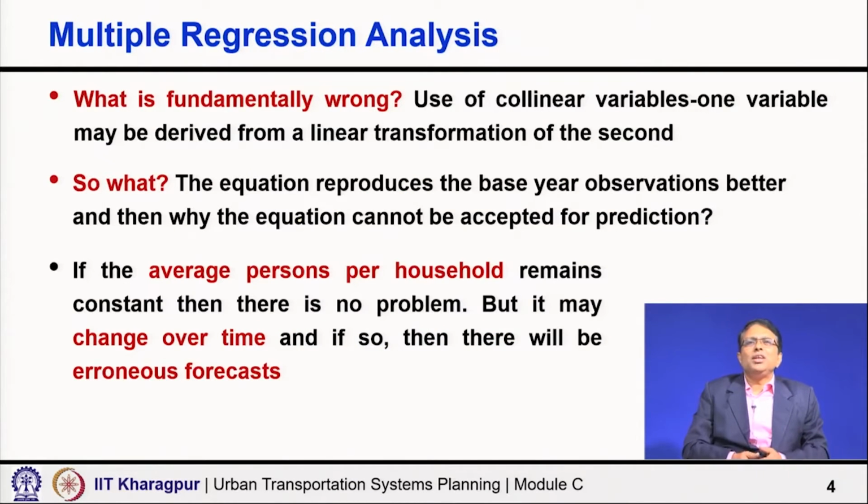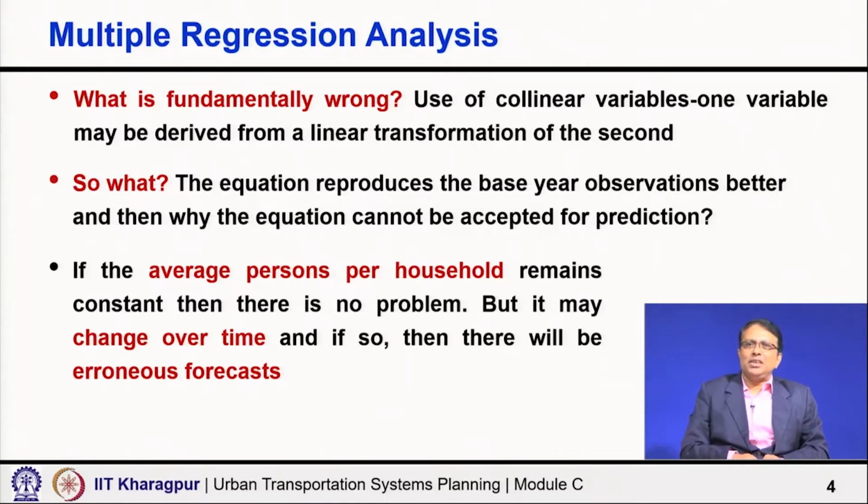What is fundamentally wrong here is the use of collinear variables, and since they are collinear, one variable may be derived from a linear transformation of the second. One independent variable is a linear function of the second independent variable. They are not at all independent. So, they are not independent variables, rather they are collinear variables. So, they should not be used,